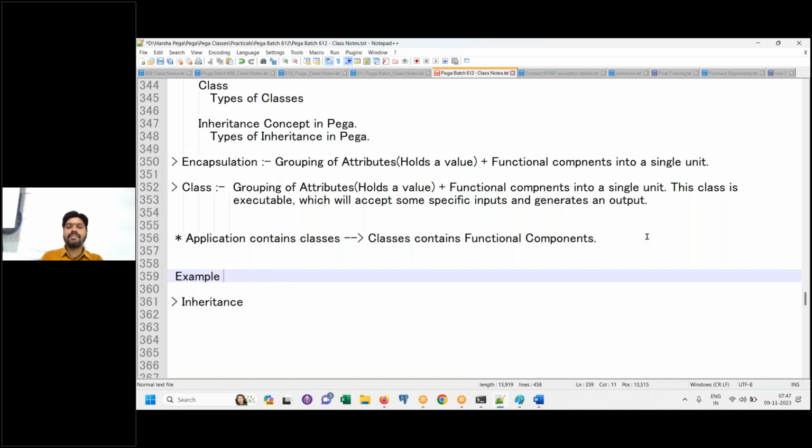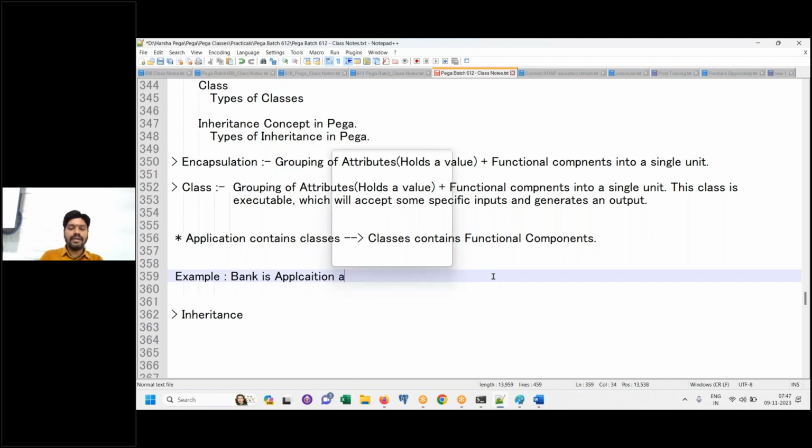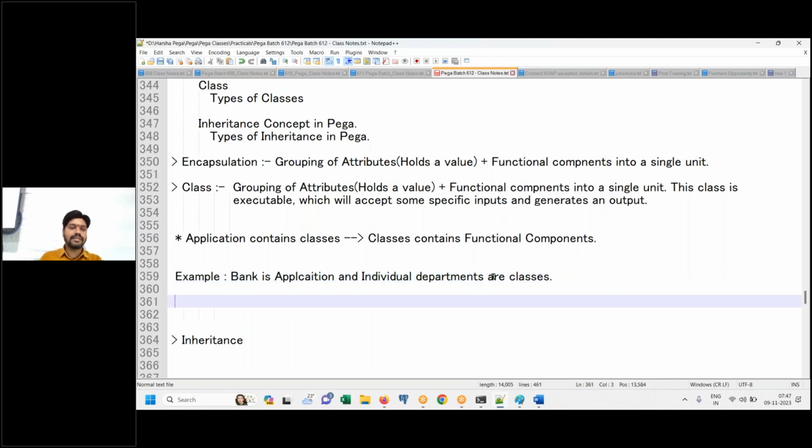Bank is the application. An individual bank is an application, and individual departments are classes. So if bank is the application, what are the departments? Banking department, loan department, insurance,